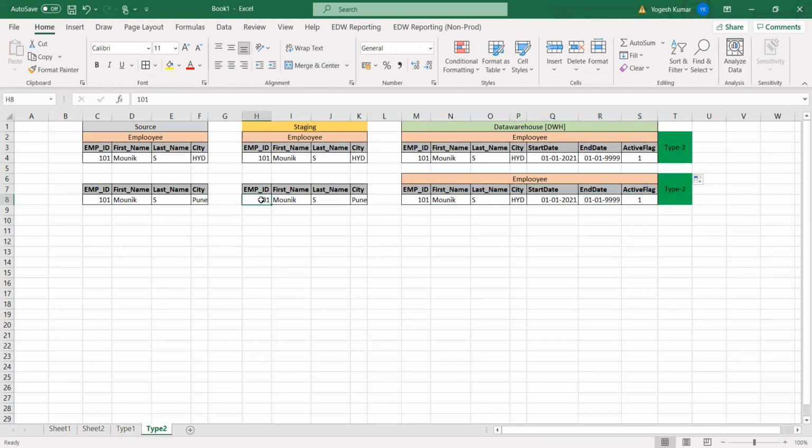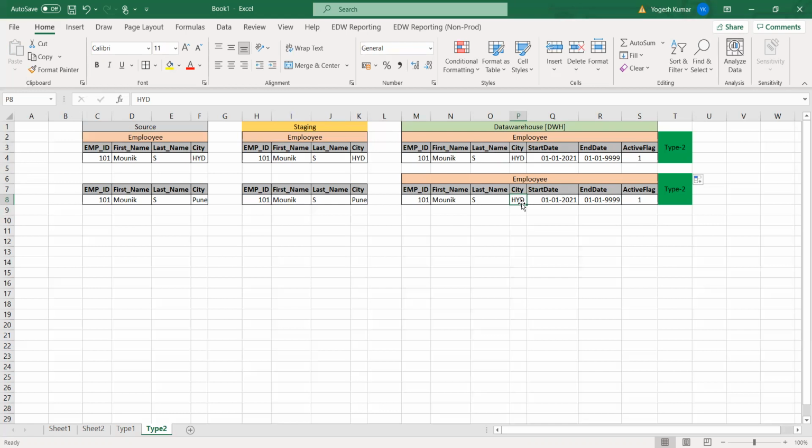First we'll always check whether the employee ID exists in the target. Yes, this already exists. Now it will check what the change is. It will check whether the first name is the same, the last name is the same. There is a change in city.